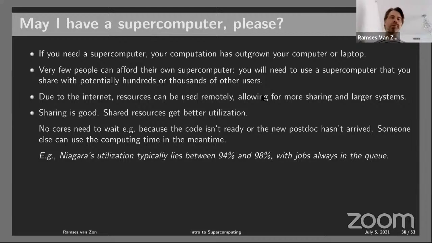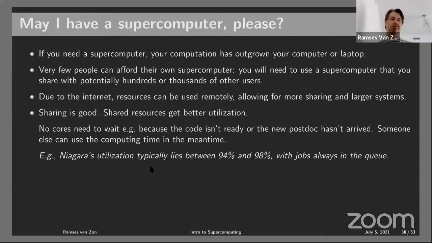And so what will happen if you share resources is that you'll have groups doing the same thing still, developing some software or some pipeline, or even waiting for data and then running it. But since they have different schedules, the system can be pretty much always used. There's always somebody ready to actually compute things. So shared resources get better utilization, better bang for your buck, and so that's good.